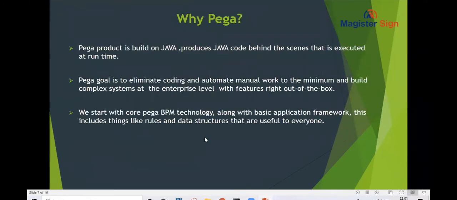Okay. Next, so now we understand what is Pega. Then why Pega? Pega product is built on Java. It always produces Java code behind the execution. So when it is executing, it always creates Java code in the backend. That's why Pega is built using Java code. So now you don't need Java coding or anything to create any other application. What Pega Systems has done is they wanted to create one application that can create any application,